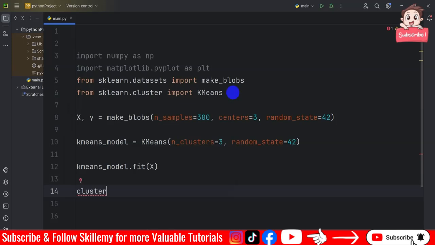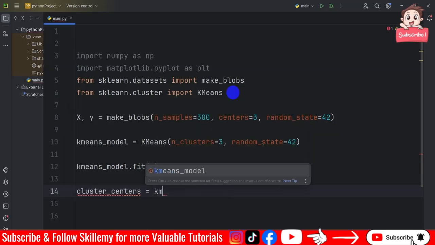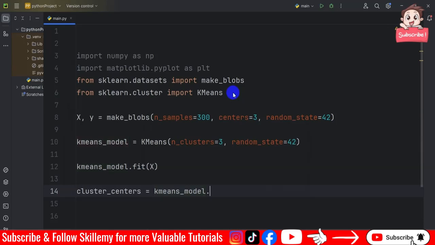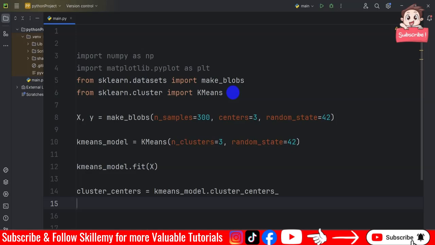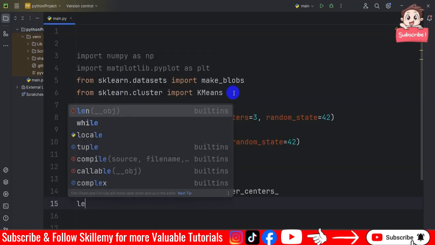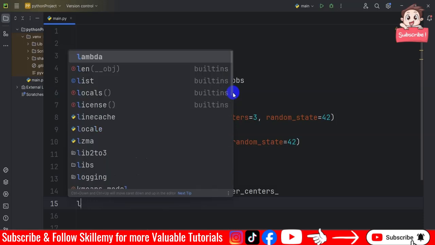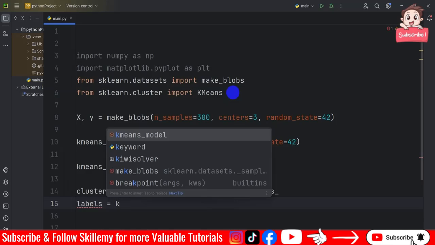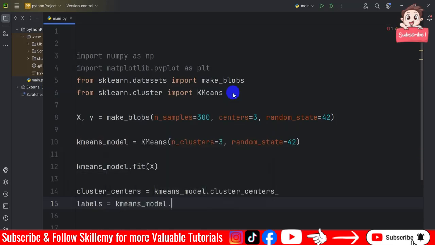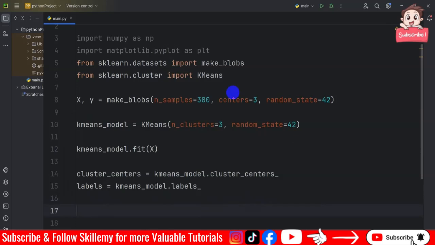And the cluster integers is equal to the k-means model dot create, here in this the cluster center. So just the next step, and here I create the next level. Okay, so the levels is equal to the k-means model dot type, perfectly in this the level. Okay, so now this is perfect, and here I'm creating the plot for the data points and the cluster